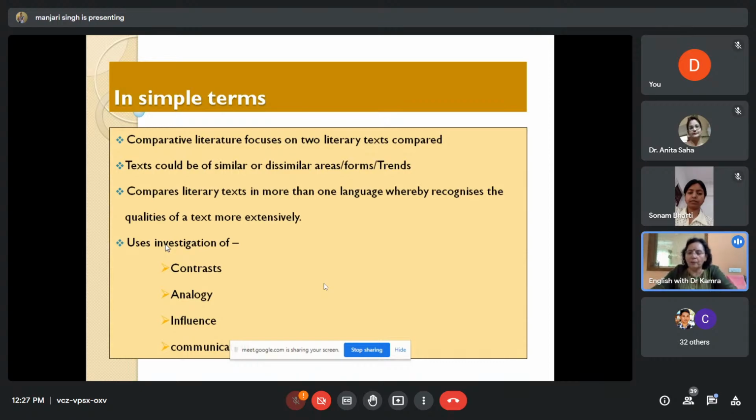Now, comparative literature, you find, is no longer bound to comparison. People say that it is only based on comparison. It's not so. For example, The Empire Writes Back, a very profound book which brought a revolution in colonial understanding of literary domination, is recognized as a product of comparative literature.